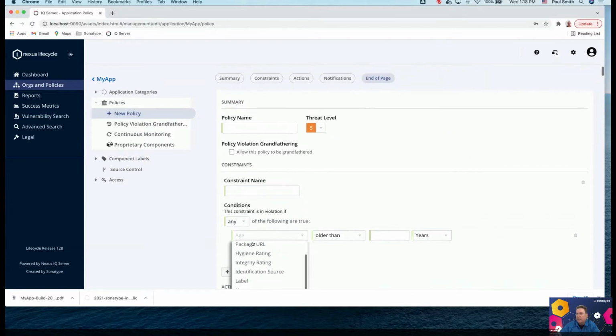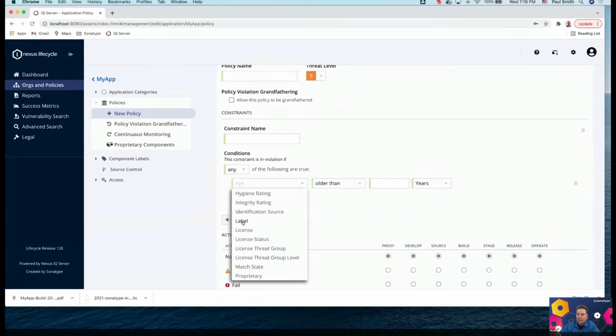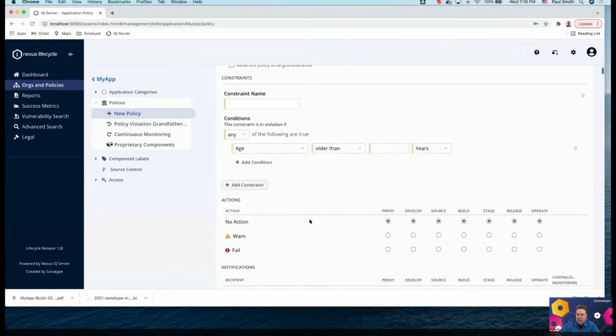It can be based on the age of the component, the identification source, labels that you provide, or a license. And this list continues to expand, and we'll continue to expand it to support metadata and attributes around container as well.